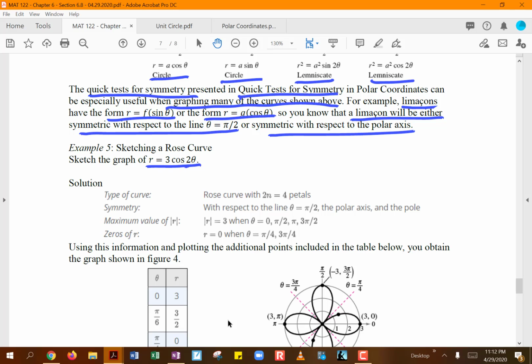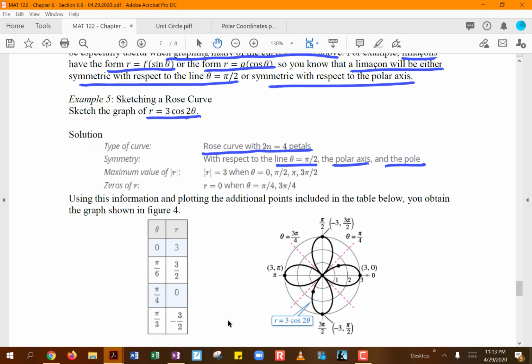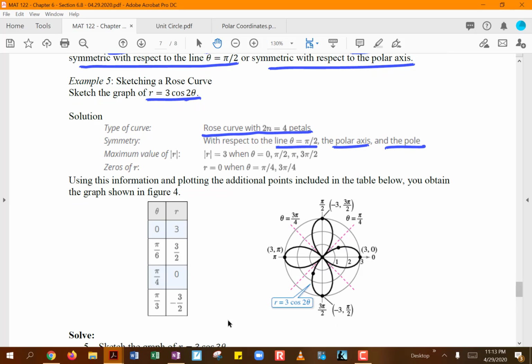So, since my n value is 2, this is going to be 2 times n, which means we will have 4 petals. You actually have symmetry with respect to the line theta equals pi halves, the polar axis, and the pole. So all 3 symmetries are present here. Your maximum value for r is going to be at theta values of 0, pi halves, pi, and 3 pi halves, but of course they're not showing you the